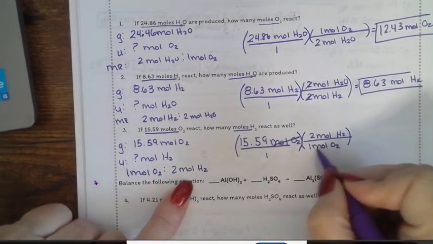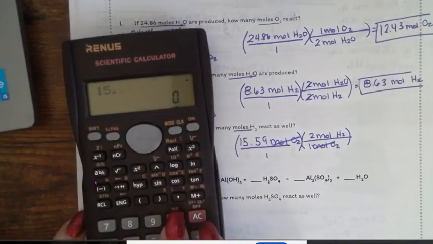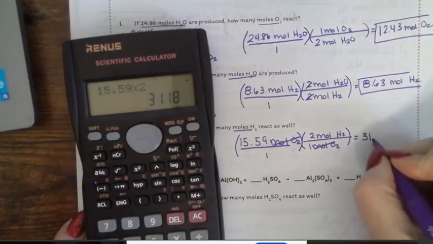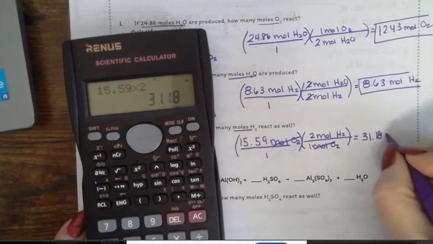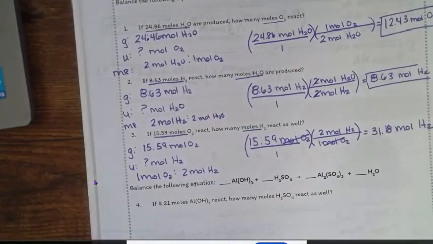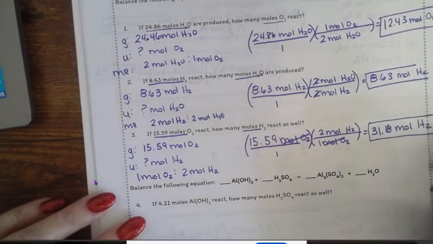Our units cancel, so we do 15.59 times 2, and I get 31.18 moles of H2. All right,